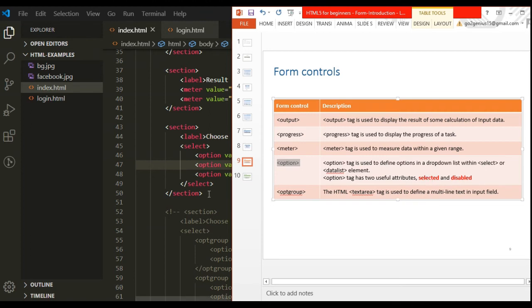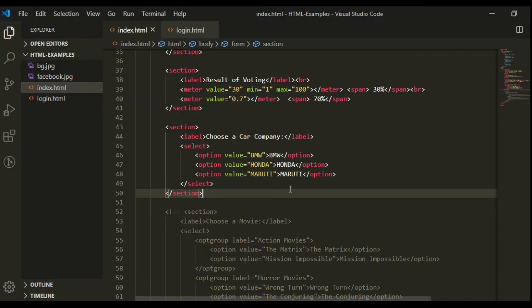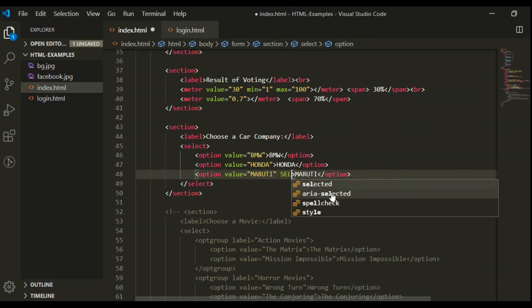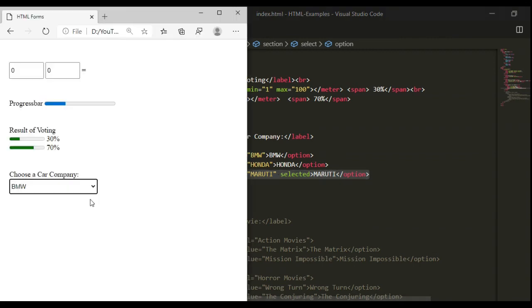So how do they work? In the drop down list we have 3 options. You may want to show any one item as selected when your form is loaded into the browser. In that case you can give the selected attribute in that option tag. This option will be shown as selected when your form is loaded.